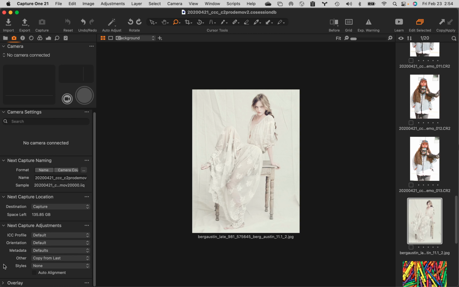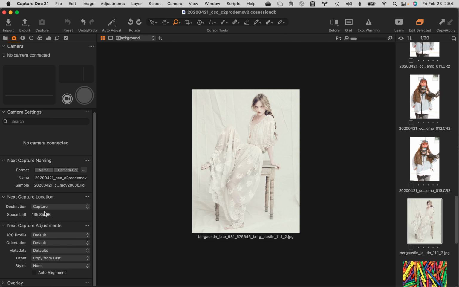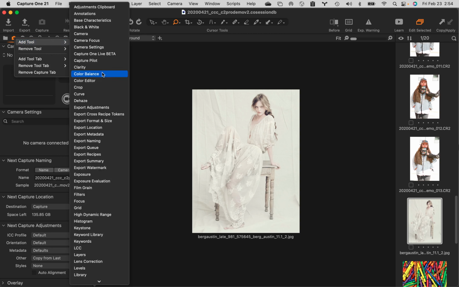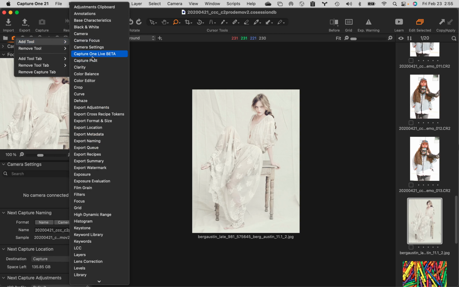Down here, overlay, I actually do use. So this is now more what I'm accustomed to using in my capture setting. The two things that I would add to this, which I'm going to add right now: I'm going to come up to my camera, control click. I'm going to add focus because that matters to me. I do want to see focus. And then I'm going to come right back to the same thing, click and add my drop down menu here. And the tool that I'm going to add now is going to be